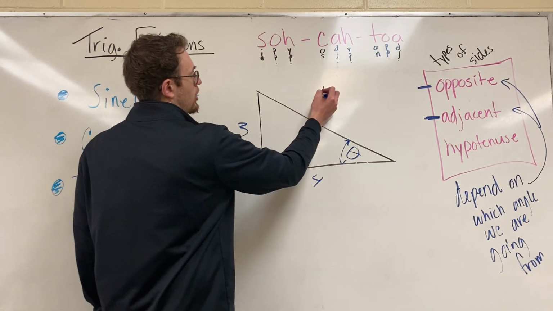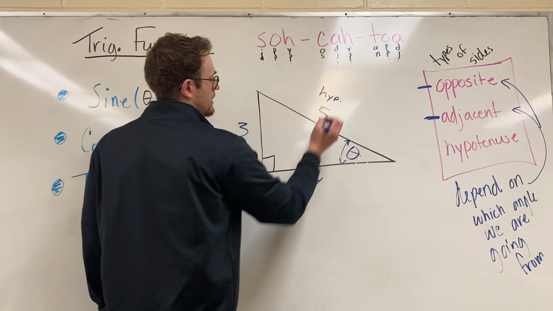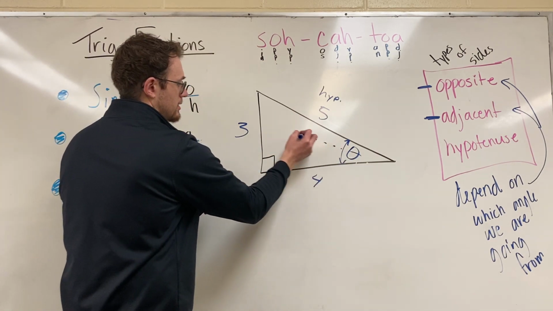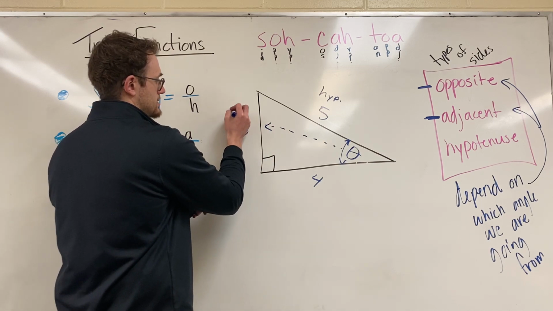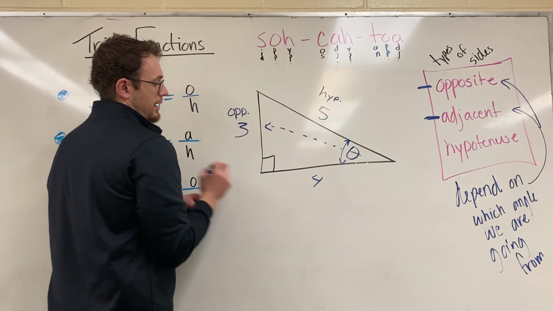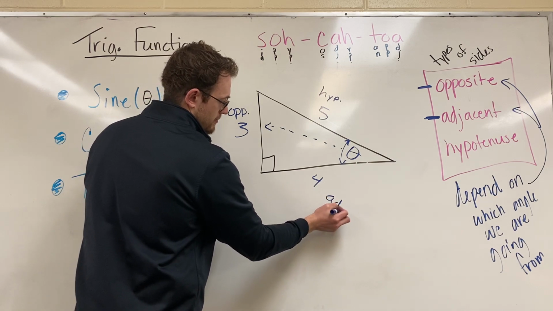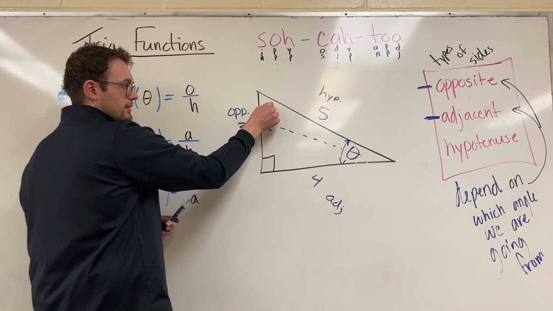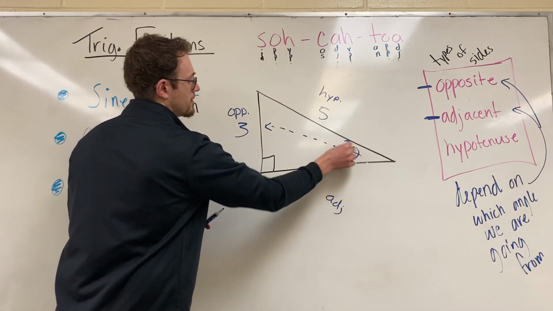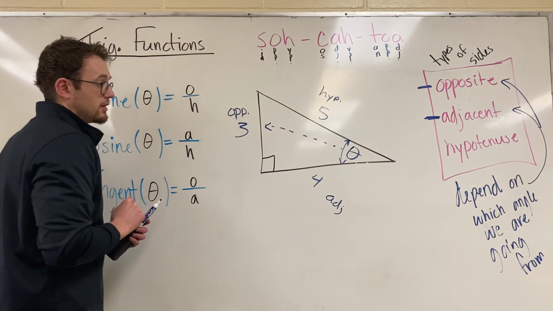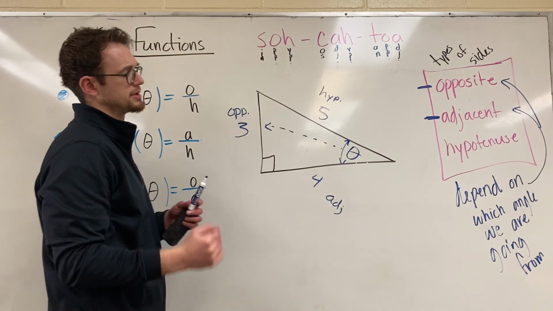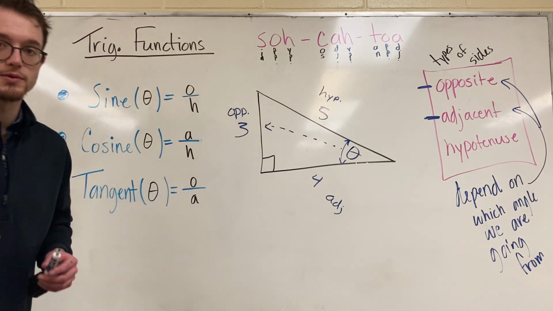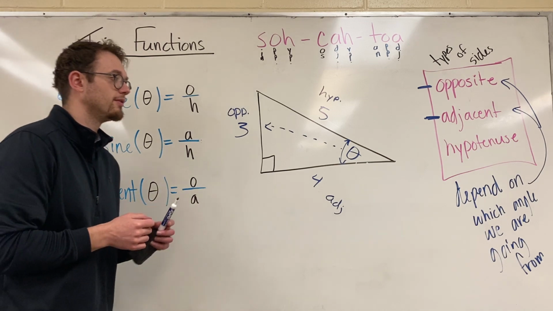This is the hypotenuse, always the hypotenuse. However, the opposites and adjacents just switched, because now this is the opposite and this is the adjacent. They flip-flopped. So if we're going from here, that's opposite, but when we're coming from here, that's opposite. I highly suggest my students always do this, opposite first or adjacent. I mean, it depends on how people's brains work. I know sometimes geometry is hard because some people have a hard time